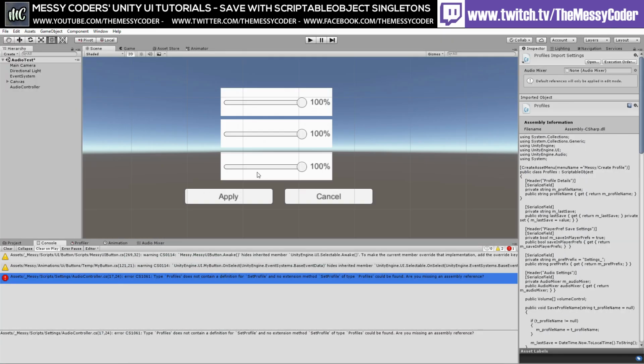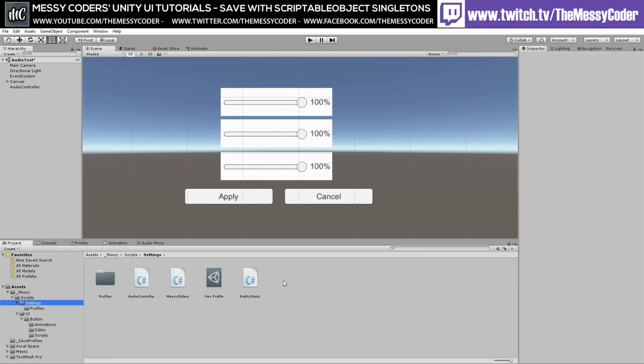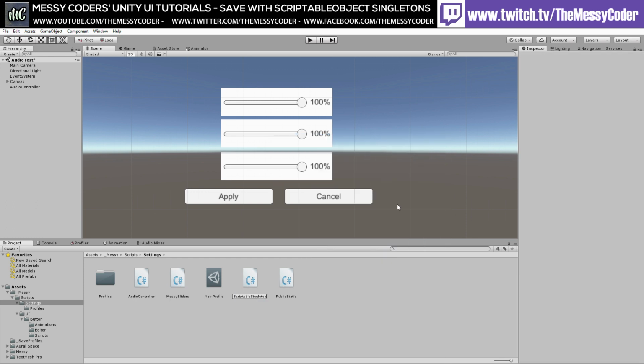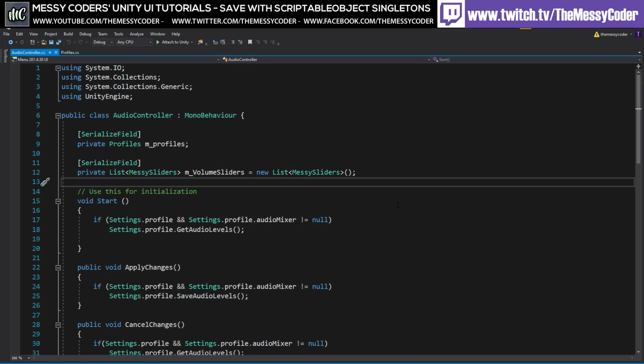Let's whoosh, go down here and back into Unity. And now when we do the magic, woof, it's disappeared. Isn't that wonderful? I'm going to go here, and we could put it in the public static, or we could just create a new one. Create a C# script. I'm going to call this one Scriptable Singleton,